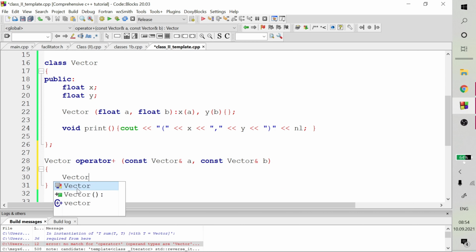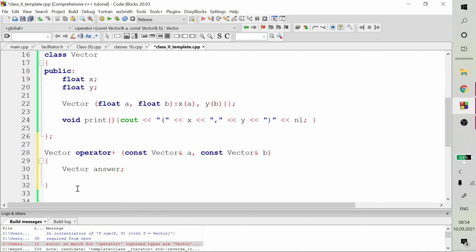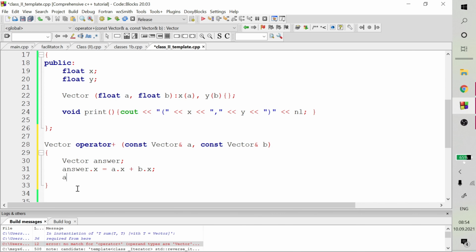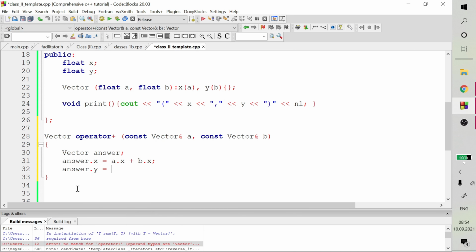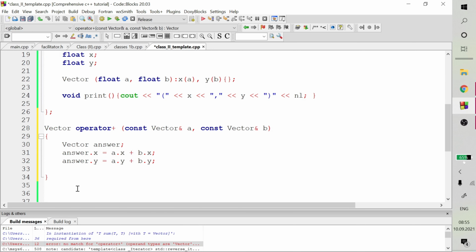Then what we want to do is get in here and create an empty vector object, right? And then we want to assign the answer dot the x component to be a dot the x component plus b dot x component, and then we want to assign answer dot y to be a dot y plus b dot y, as such. And all we want to do is to return answer. Great, so we are done